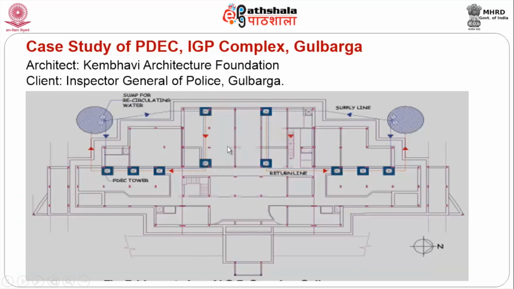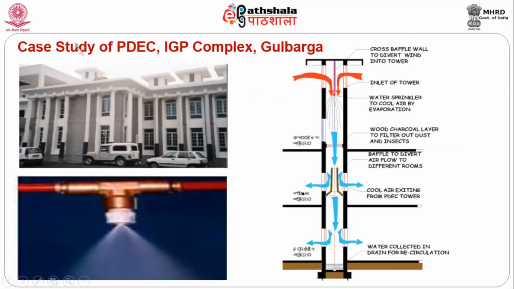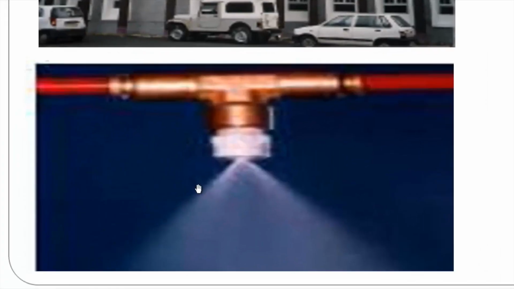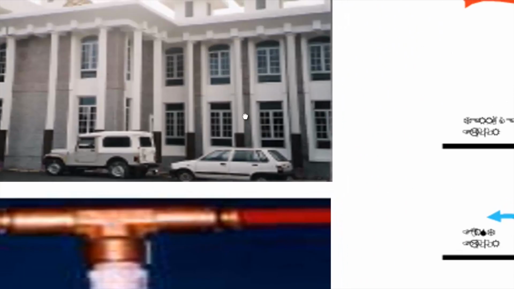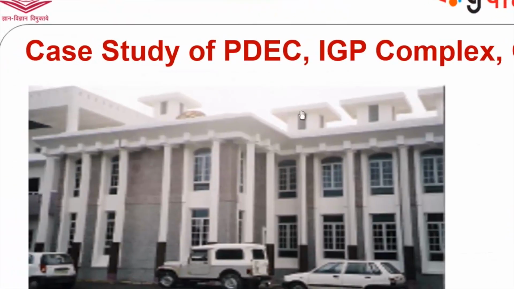You can also see that this building has followed all the principles of simple passive architecture, like the longer axis along east west, which means you have less exposure to the sun. Here in this building you can see this is the mechanized system of diffusing water into the air. This is the building facade, and these are the towers that I have been talking about.